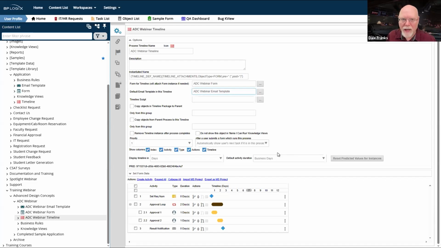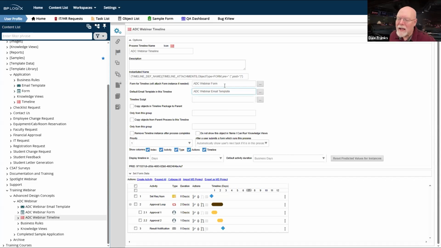You really do need to have that set. And if that's how you start the process, then fine. The form instance that gets submitted will automatically be attached to the process timeline instance that gets started once the form submission is accepted. And so there's already a form instance associated with the process timeline.